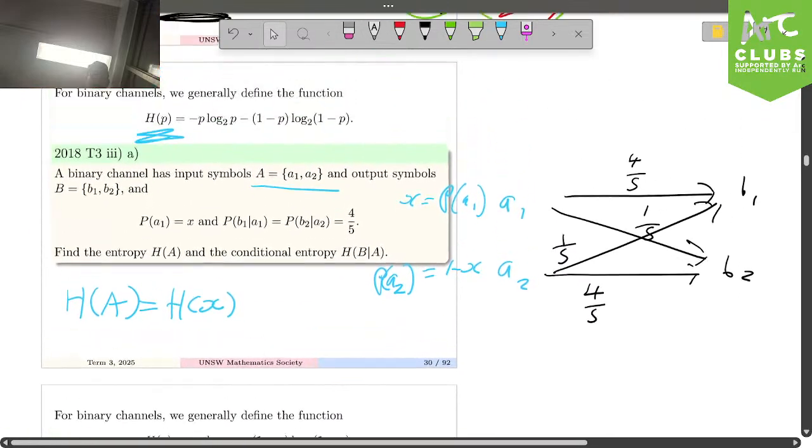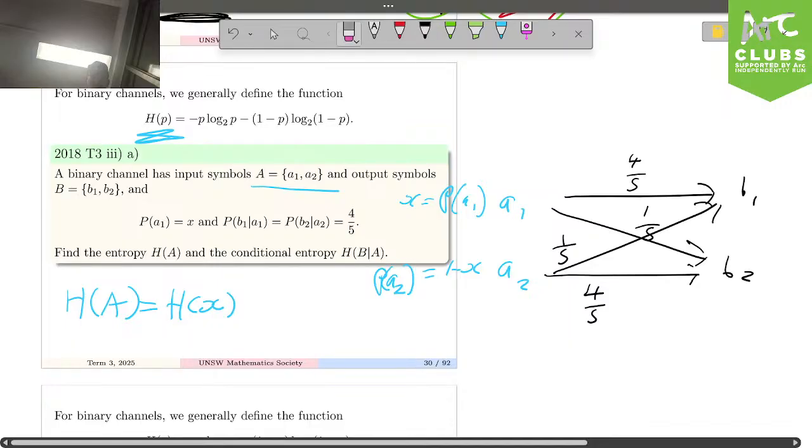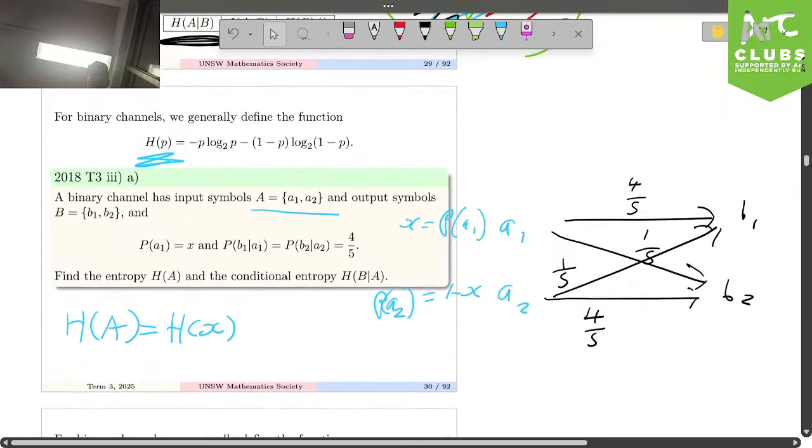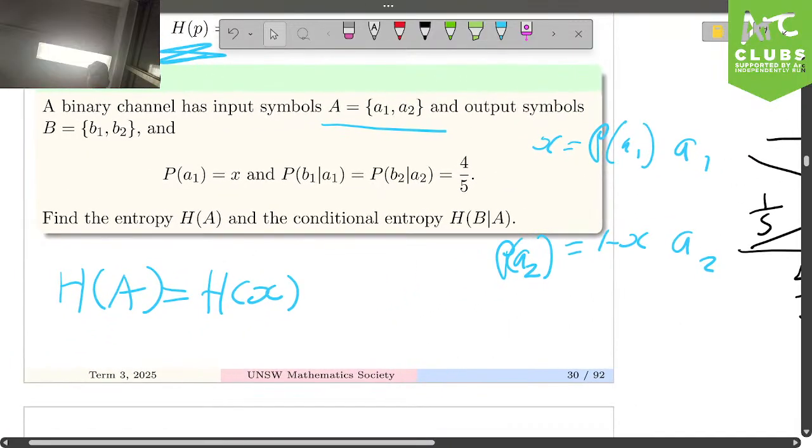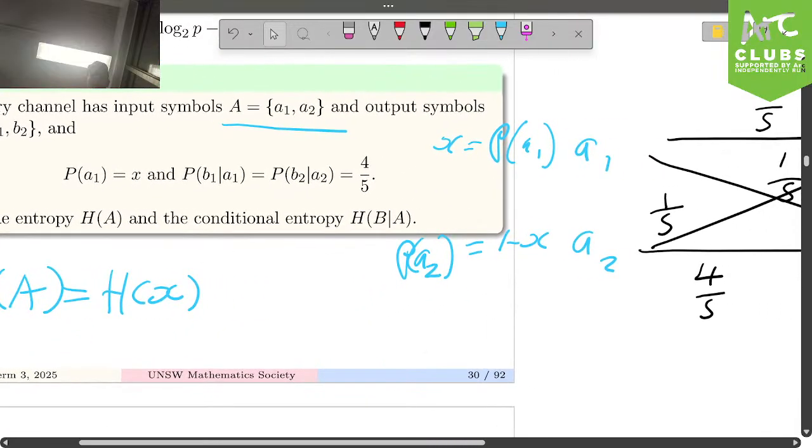So what we want to compute is H of A. Looks like I've already done that, unless I made a little mistake. Then we want to compute H of B here. So we can use one of the formulas on the previous slide and try to interpret this using that Venn diagram, for instance. So what should we use here? We can use a few different things.